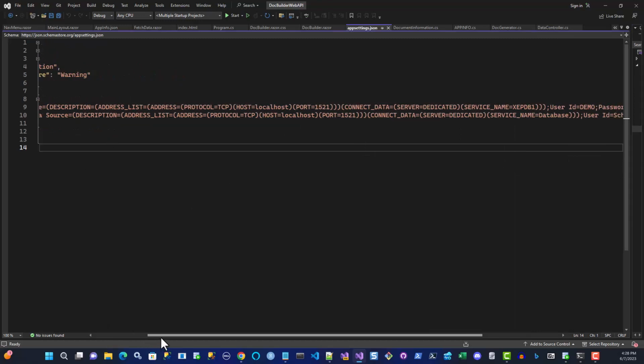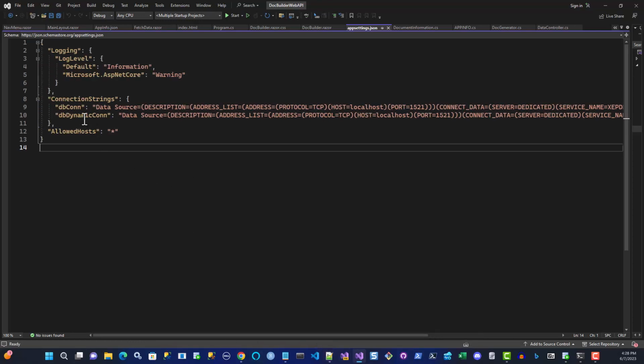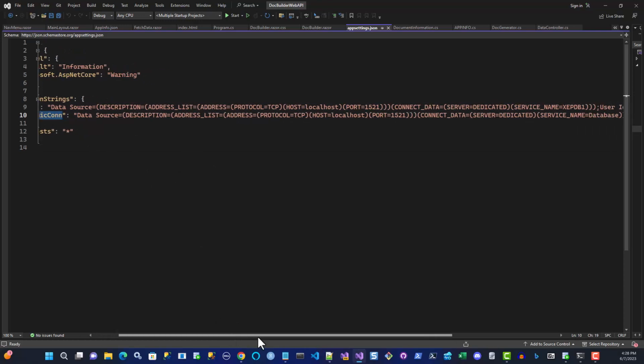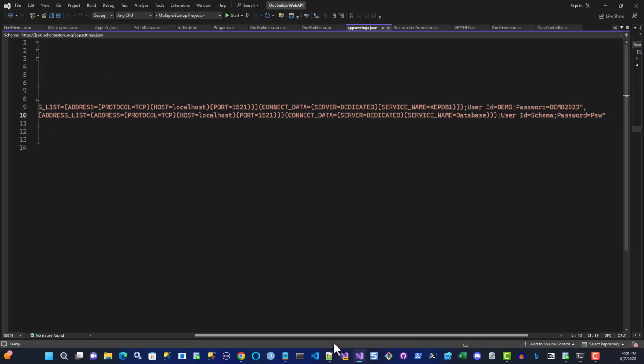But because I'm doing a database design document, I don't know which database I'm going to connect to. So I don't want to hard code it. What I do instead is set up this DB dynamic connection. And then I simply replace the critical parameters here. The critical parameter in my case is going to be the service name, which is going to be this. It's also going to be the schema I'm going to cover, which is going to be this in my case,